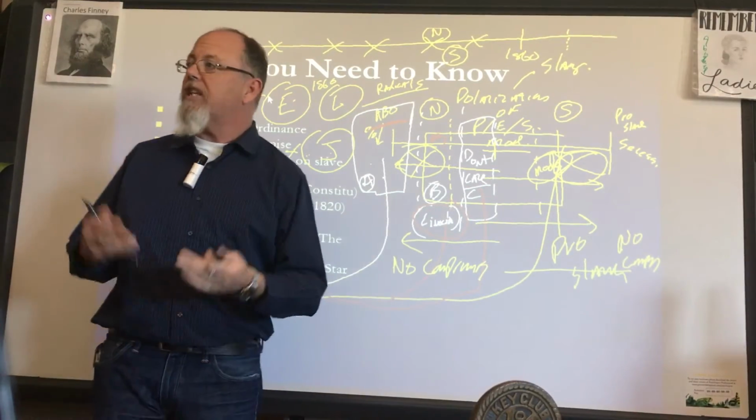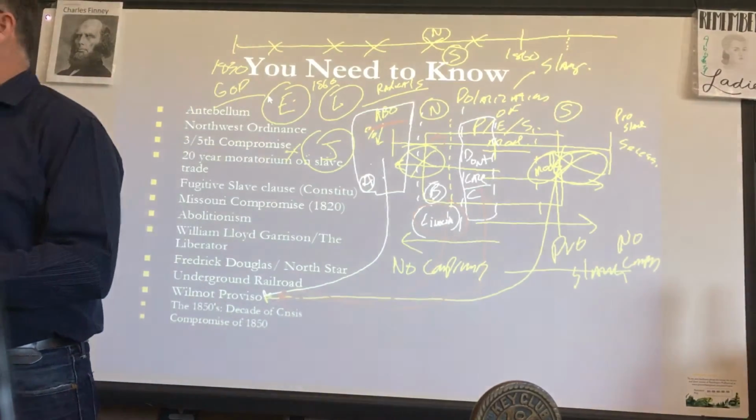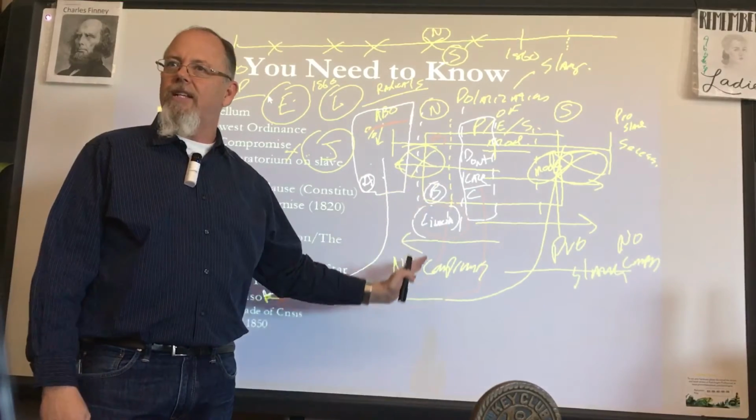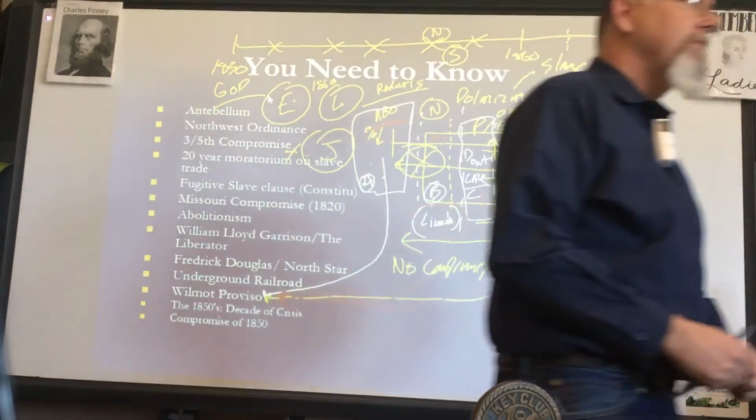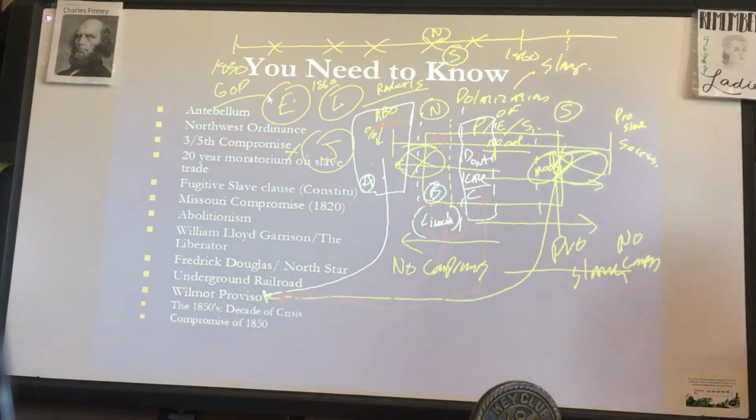Do you understand? And what is it? What do they stop doing? They stop compromising because of the election of 1860. Boom. The South says, no, we're done. That's how you can organize all this information. And so what you need to have is that paradigm a little bit, but also